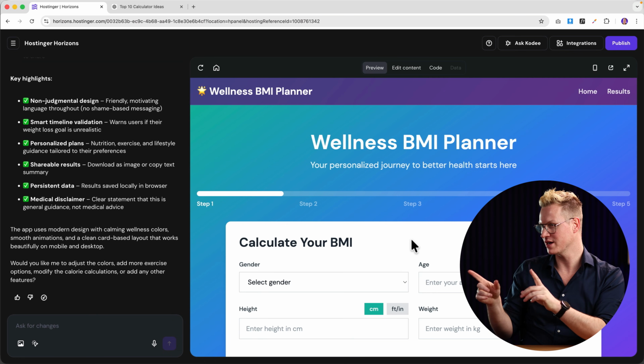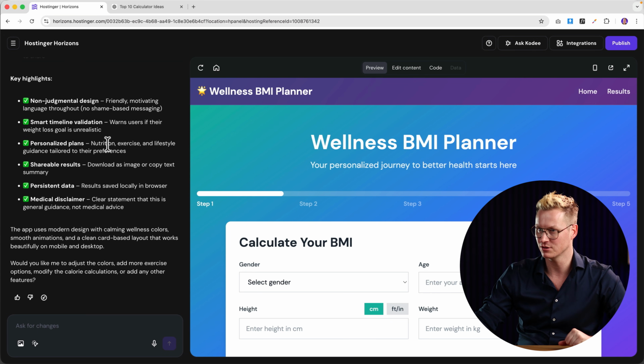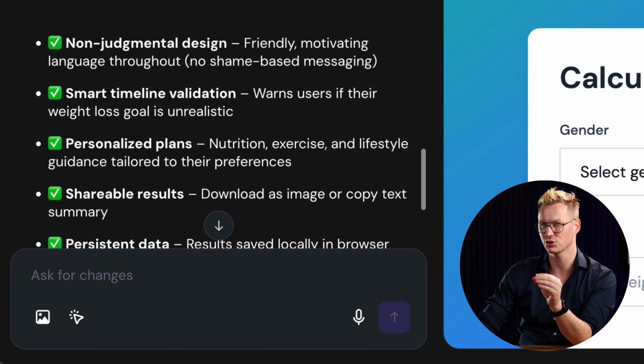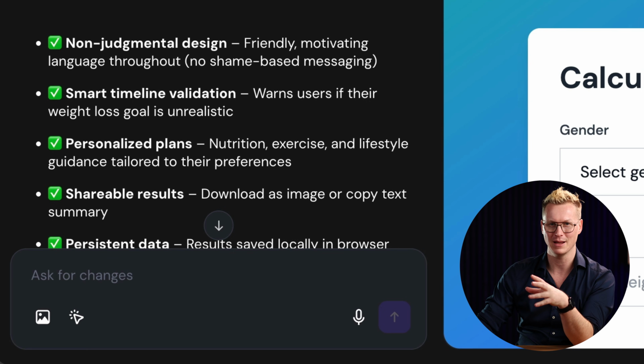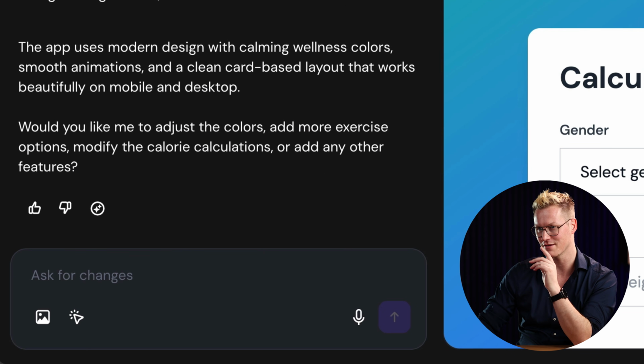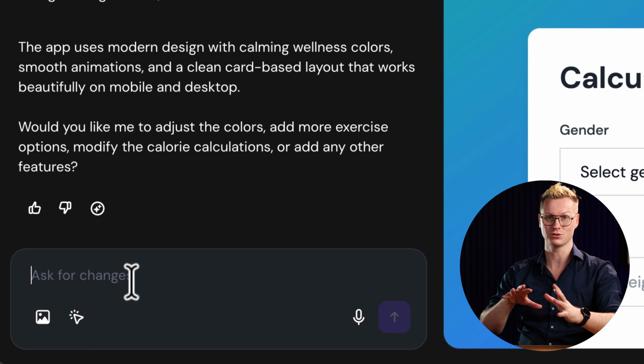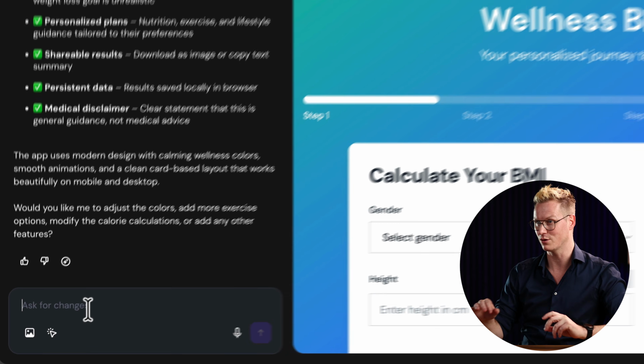So we see the result over here. Let me show you what this all means. Here you see what is going on. Sometimes it asks questions like, hey, are you sure you want to do this or do you want to do that? Let me clarify a few things, or can you clarify a few things? Here, you can ask for changes. So if you want to adjust the whole project, you can do it over there.